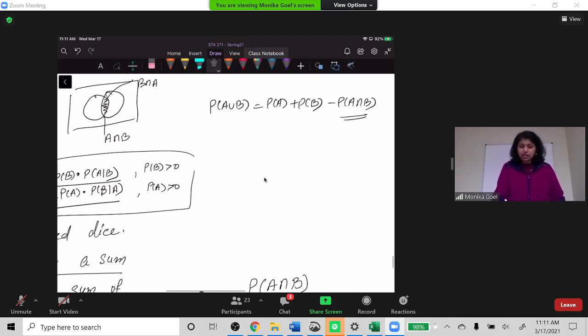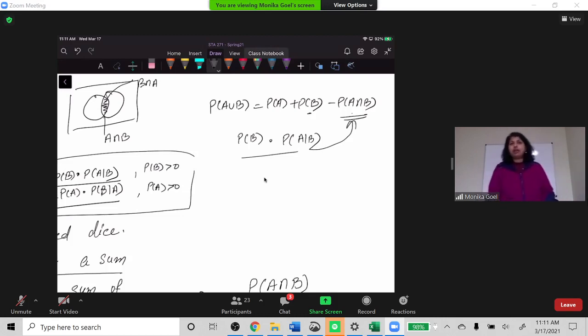And to find the intersection, the problem gives you the probability of B. Of course, you have it here. And it also gives you the probability of A given B. Then you can find the intersection by multiplying and replace it here. And you have questions in your homework assignment where you have to do that part. So this is one thing that I want to make sure that you understand: the logic of conditional probability, looking at the probability of one event under the given condition. So how that given probability will affect my other event's probability. That is the topic, or the concept, or the logic behind conditional probability.